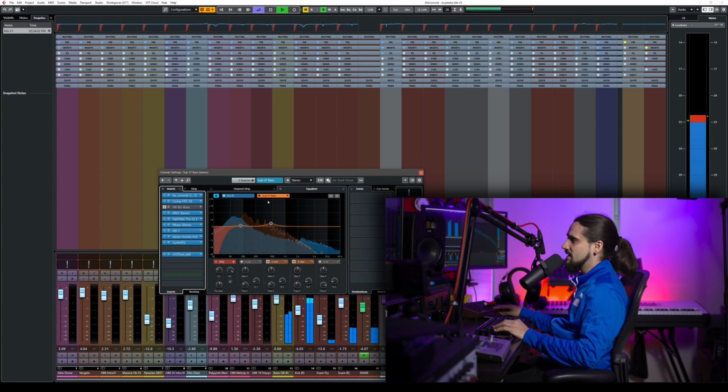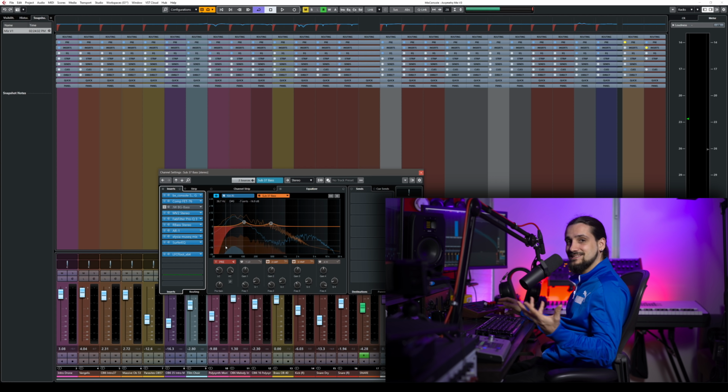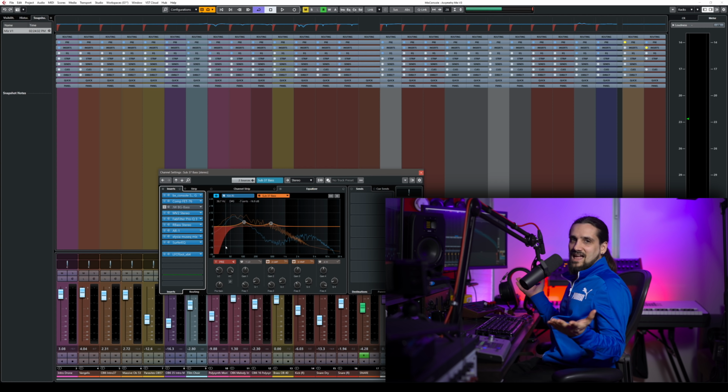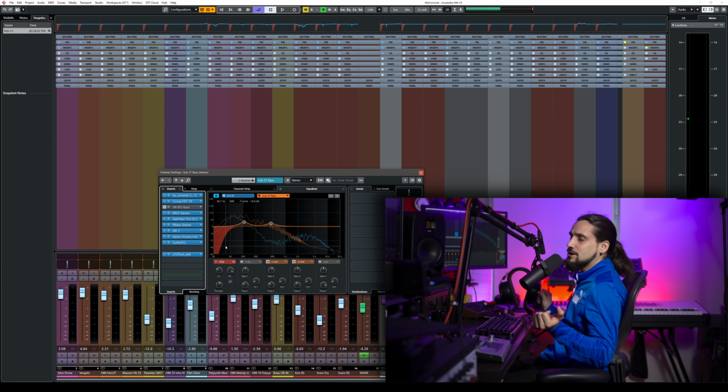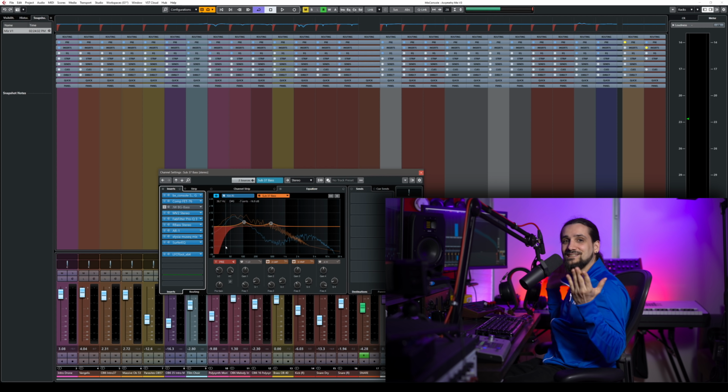I can go to my bass and start tweaking the sound, go back to my kick drum, do the exact opposite so that I have a clean mix like that. I can go like this, go bass, and I can see exactly where those frequencies are clashing. I don't need to say anything else. Incredible feature. If you want to do it in another way, you have to use a plugin like Isotope, and it also works really good, but this is built in, you know?